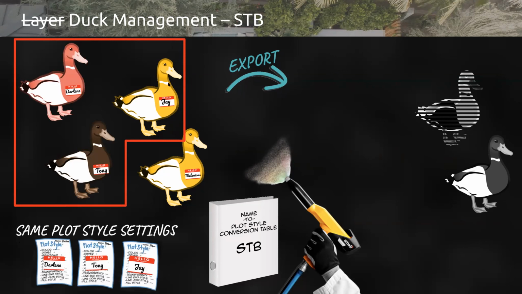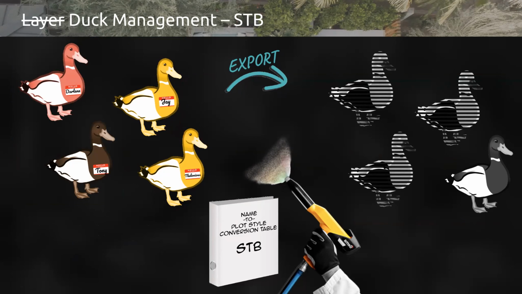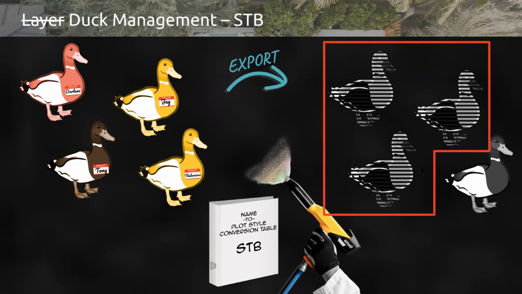We can also have ducks with different names and different appearances, but maybe they have the same plot style settings. So they each have their own unique plot style, but all of the actual details on here say to print the same. So in that case, they would all come out looking the same style, whatever those settings say. And that can be an advantage because you can have multiple of these to tell apart, but at the same time, it can be a disadvantage because what happens if we have a new client maybe who says, hey, we